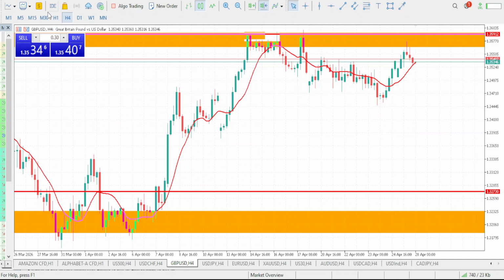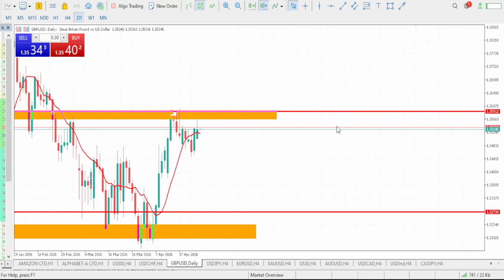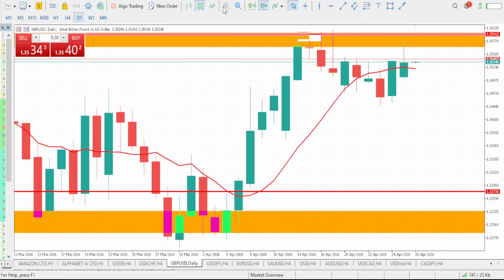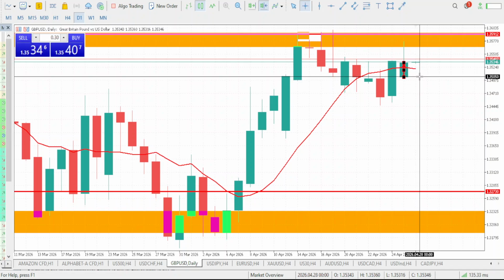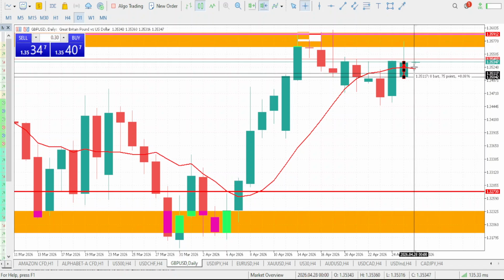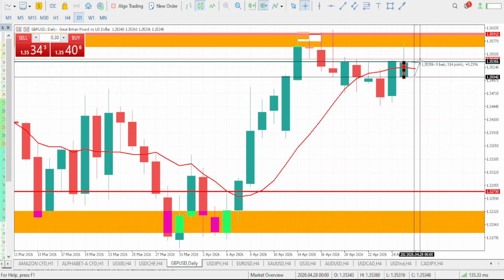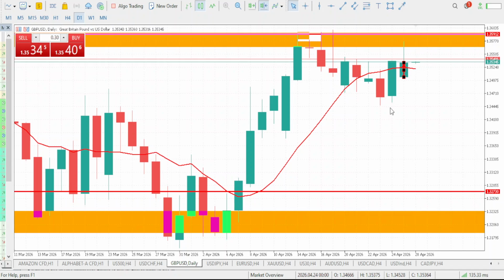I told you guys that GBP USD will give us a bullish move for the day. If you've not watched the analysis that we did yesterday, you can go back to watch it so you confirm. We predicted that markets will give us a bullish move for the day, and market did give us that bullish move. Markets went as high as a high of 70 pips before eventually closing at 31 pips for the day.